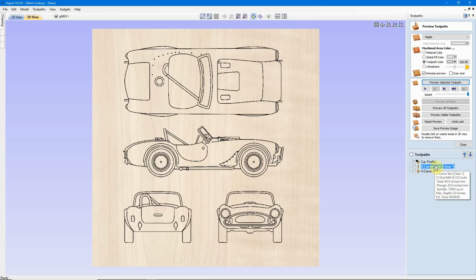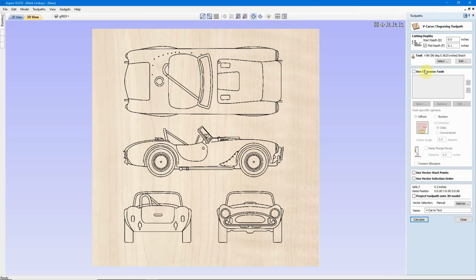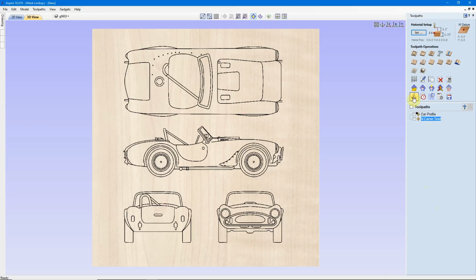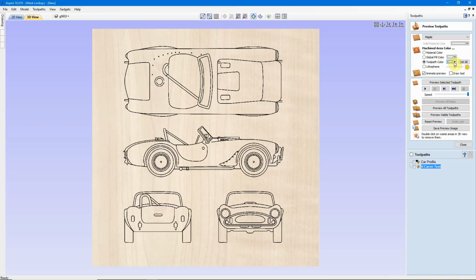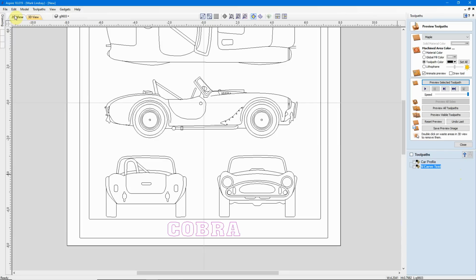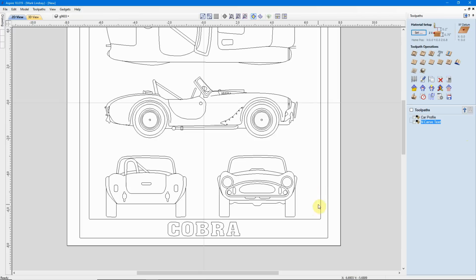So what do I do in this case? Very simple. Right-click, delete this. Just delete that clearance toolpath. Now if I go in here and recalculate, you'll see Use Clearance Tools is gone. We'll go back into the preview window. I'll set my toolpath color to black, and we'll preview that toolpath. Okay, looks nice. Now we'll come out here, close this preview window,